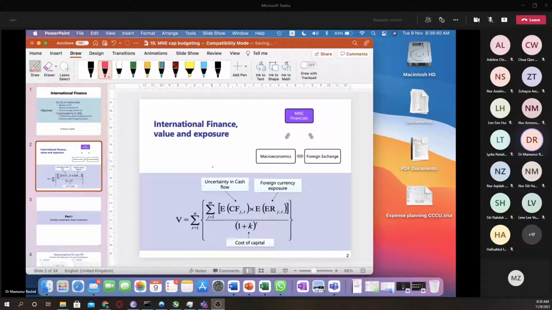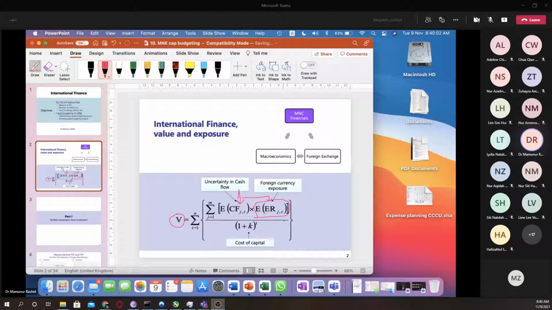This chapter is important for the value of a multinational company, as you can say from our previous discussion, that the value of a multinational company is different from a domestic company because the exchange rate is involved, and the cash flows of a multinational company will be adjusted for the exchange rate